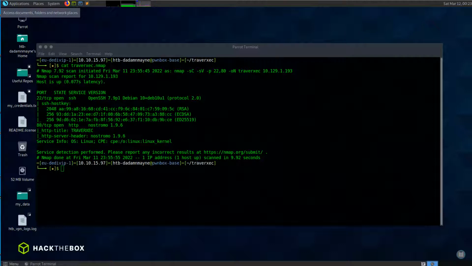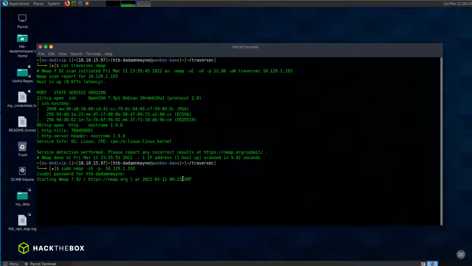So I've just run nmap -xc -sv port 22 80. I won't be showing this every time, but to get a quick number of ports from a certain box, first I'll run 10.129.1.193, and I think that's correct, and then my password, and then this should take a few seconds. I'm gonna let this run,